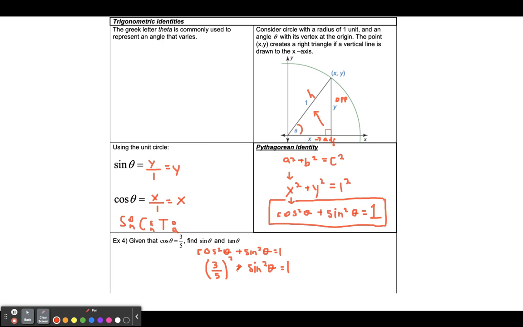Okay. Now we're going to do some algebra and solve it out. So 3/5 squared. Well, 3 squared is 9. 5 squared is 25. Plus sine squared theta